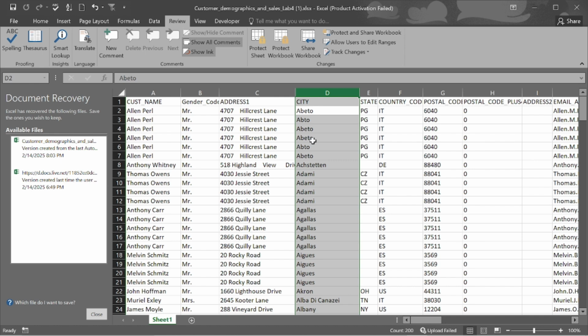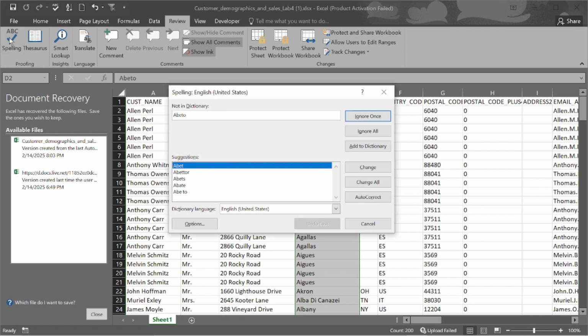But let's see what Excel suggested for us, because Excel definitely knows about locations in the countries. So let's say maybe it's actually Abete or Abeto or something like that, that is the correct answer. So what Excel does here is suggest. You can choose the correct spelling from this suggestion. Let's say this is a city I'm familiar with, and maybe this is the correct spelling. For instance, let me just use it,